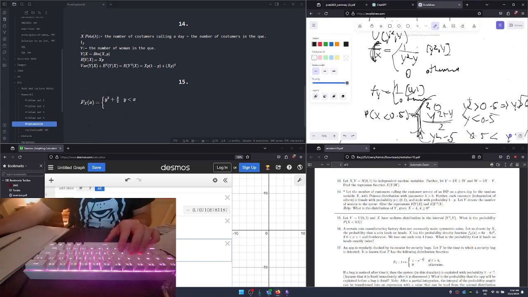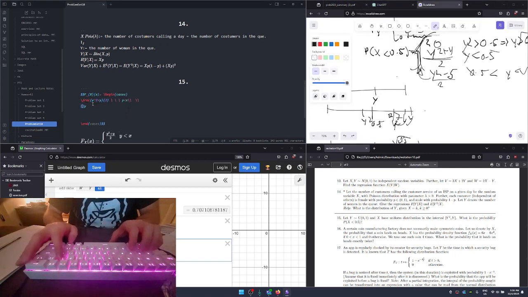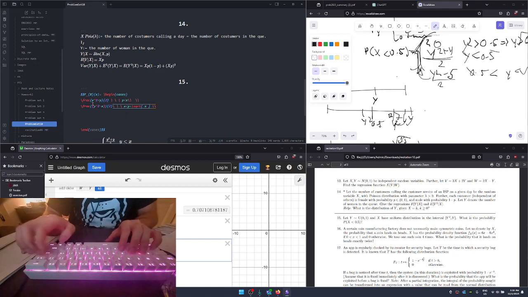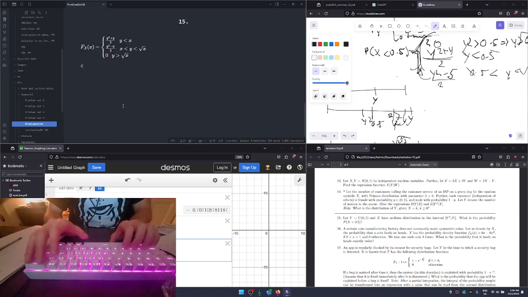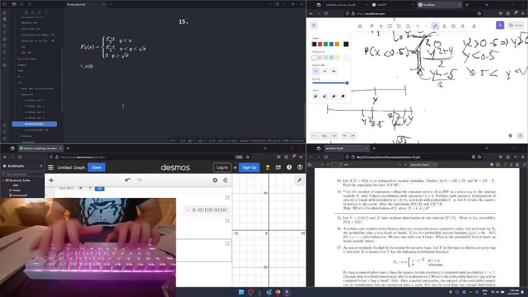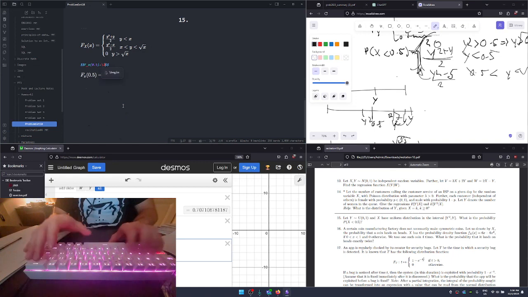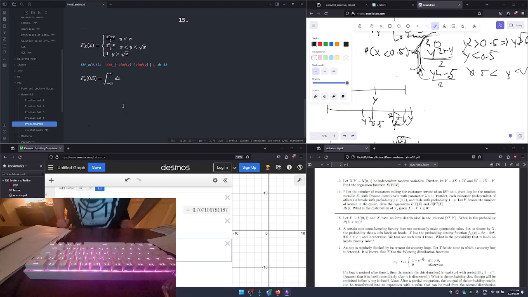Yes, what I derived is... So for f of x equals 0.5, what you get is that, and what you have in here is minus infinity to infinity, and then what you have is